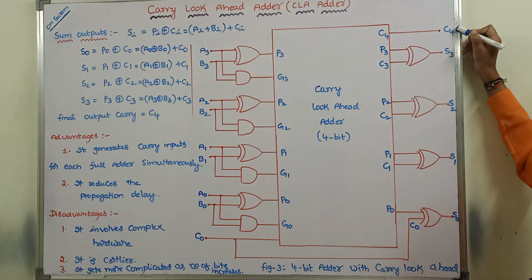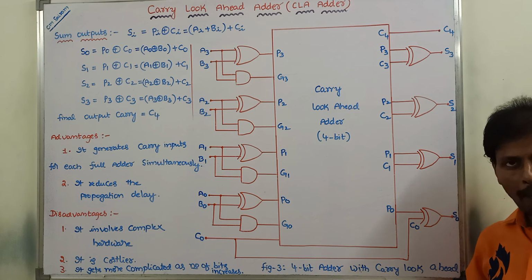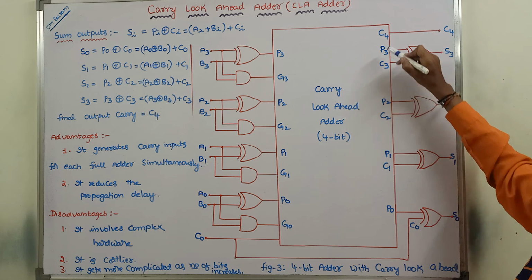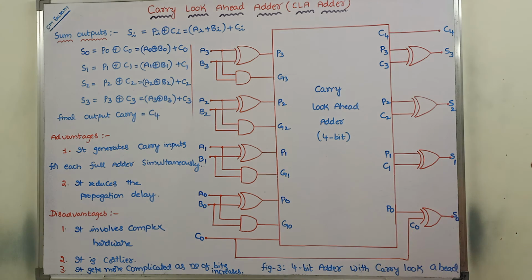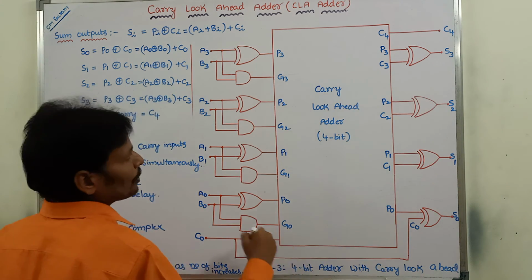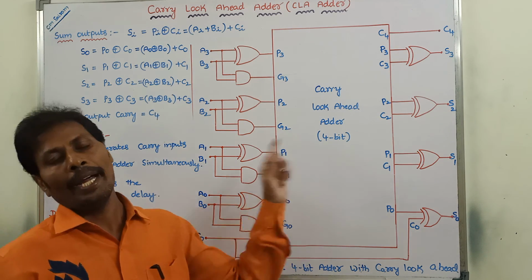S3, S2, S1, S0 are the sum outputs. And C1, C2, C3, C4 are already calculated previously. And C0 is the input carry. So in this way, we have to draw the logic diagram for the carry look ahead adder. Now,